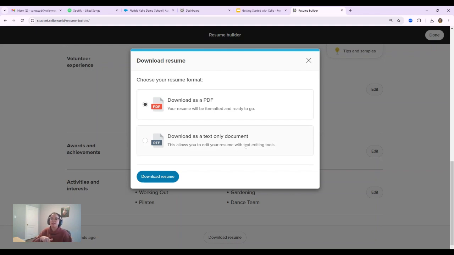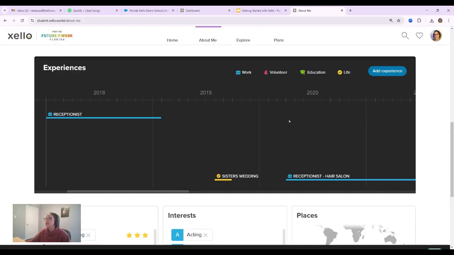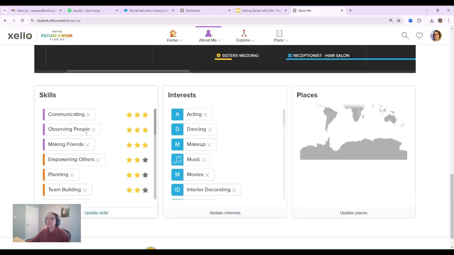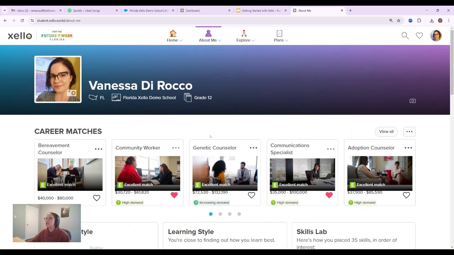What that means is you're able to go into a different account, like maybe Canva, and just put in your text there. And maybe you want to zhuzh up that resume and use different stuff, because ours is a little bit more basic, but that gives you the option to work on a different program for your resume. All right. So that being said, there are some different options here. You can put in your own personal skills and interests that you like, but we're going to go ahead and